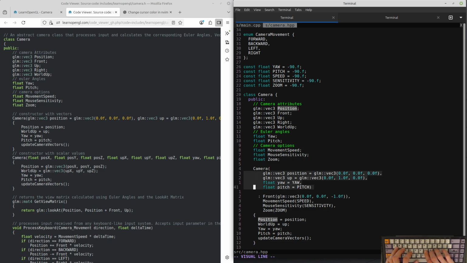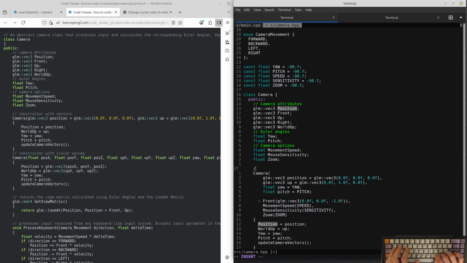So we have default values for position, up, yaw, pitch. In the case that you actually pass something in for position, up, yaw, pitch, it just gets set right here. These ones don't have defaults, and they get set through there. Kind of weird. I guess zoom and speed and sensitivity are less changing. Interesting. Okay. Constructor with vectors.